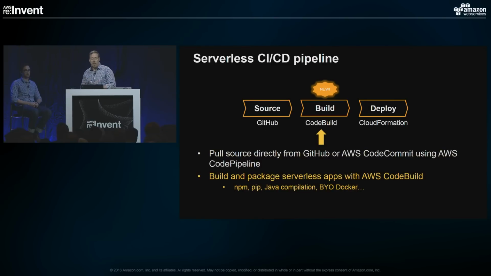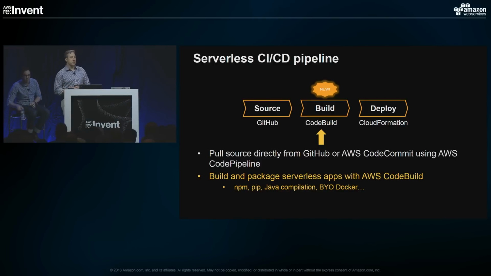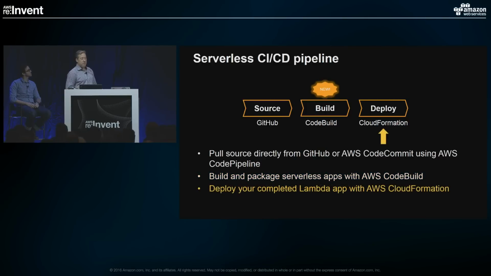Now, once we're there, we'll be able to do either npm, pip. If it's Java, we could do the Java compilation. You could bring your own Docker. So you've got the support for building all the different kinds of languages and capabilities that you need. And then finally, once we've gotten all of that code set up, we'll package it into the form that Lambda recognizes. Same thing it uses today, sort of a zip file, fully elaborated with all the libraries. So it's got no module dependencies on anything else. It can run as a fully self-contained unit.